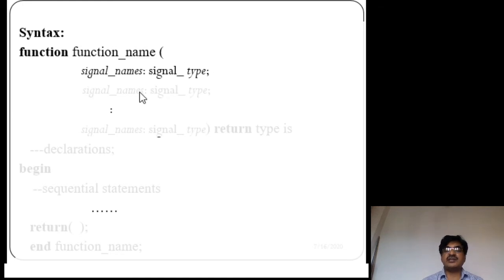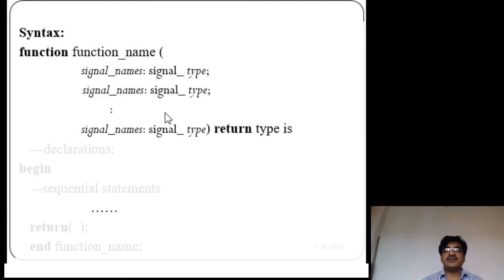Similarly signal name, signal type, like that any number of parameters you can include with their data types. Then the return type, you also need to mention. Generally this is the first line of the function syntax.